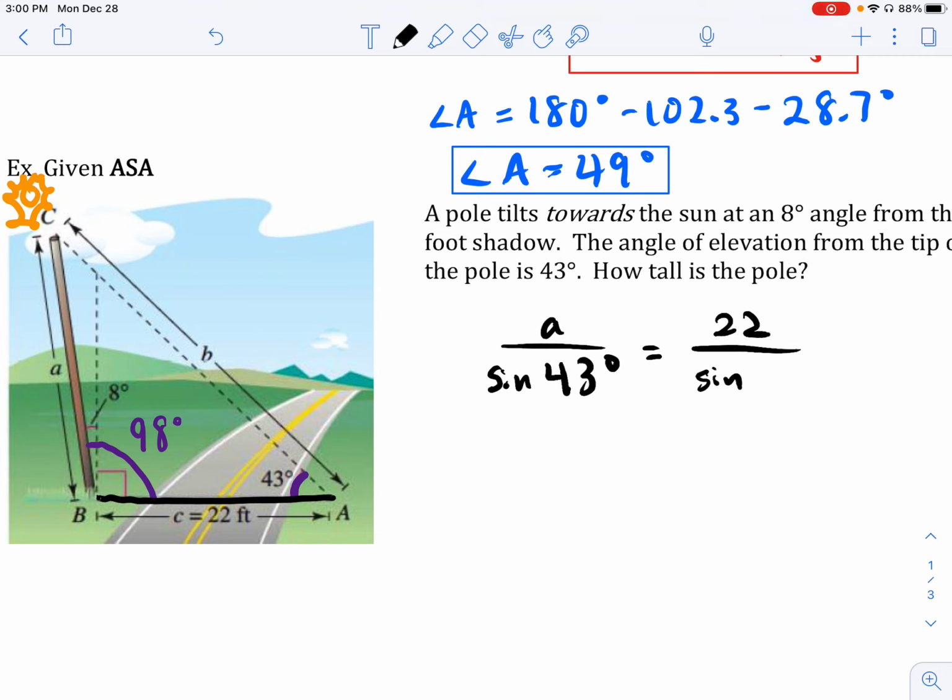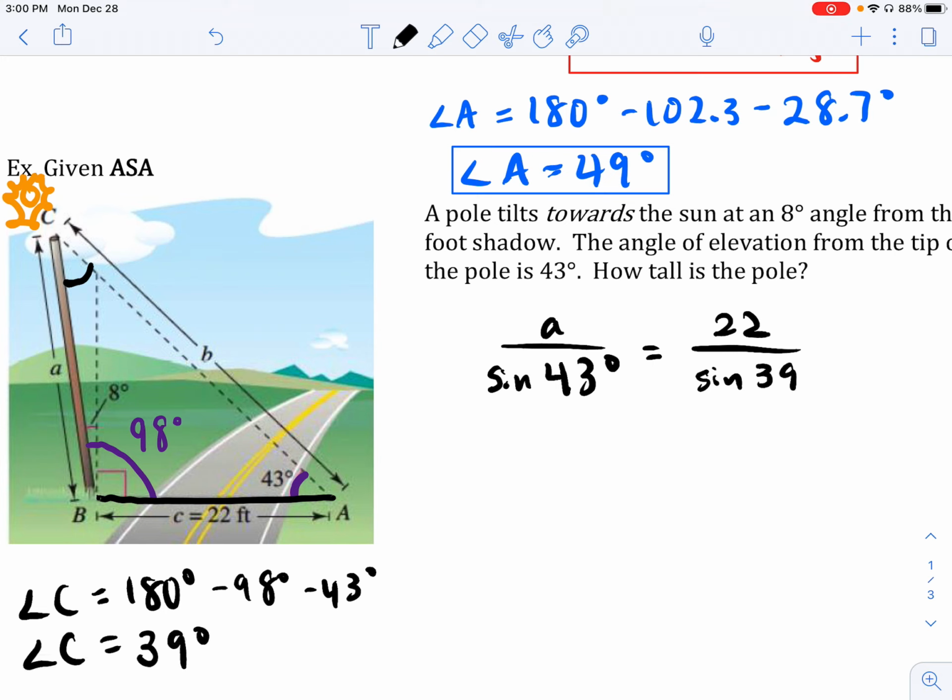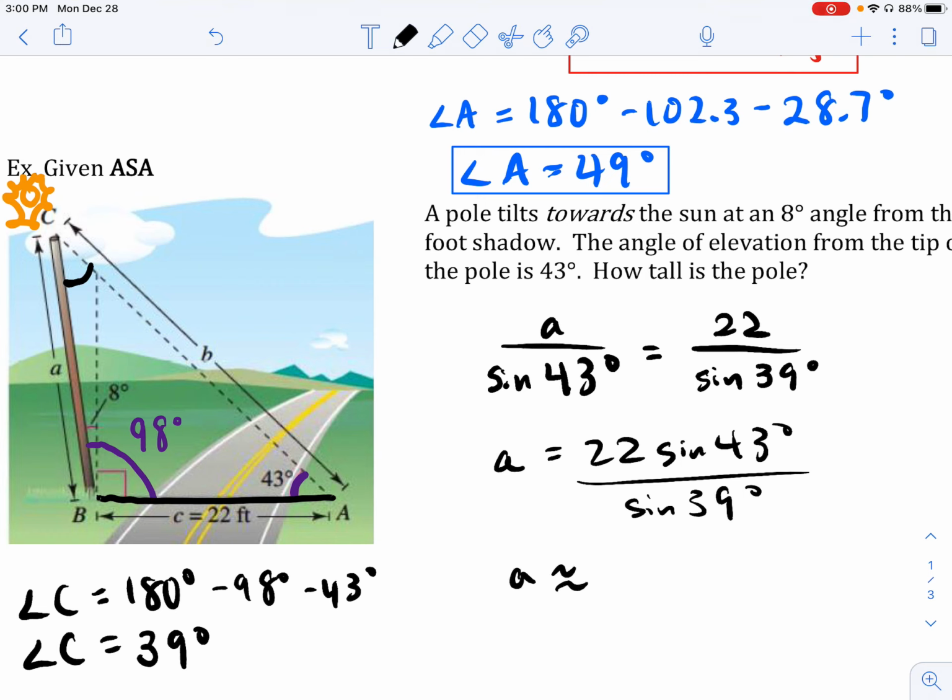We can say that angle C, which is this angle here, is simply 180 minus the 2 other angles. So 180 minus 98 minus 43. If we add those up and subtract from 180, I believe, yes, you should get 39 degrees. So angle C is 39 degrees. So we can put that here. So we've got our ratio set up. From here, we can just say that A is equal to 22 sine of 43 degrees all over the sine of 39 degrees. Punch that into your calculator, and A should be approximately